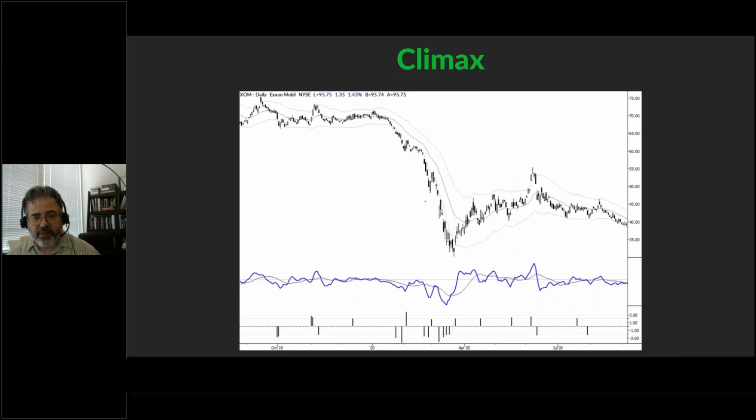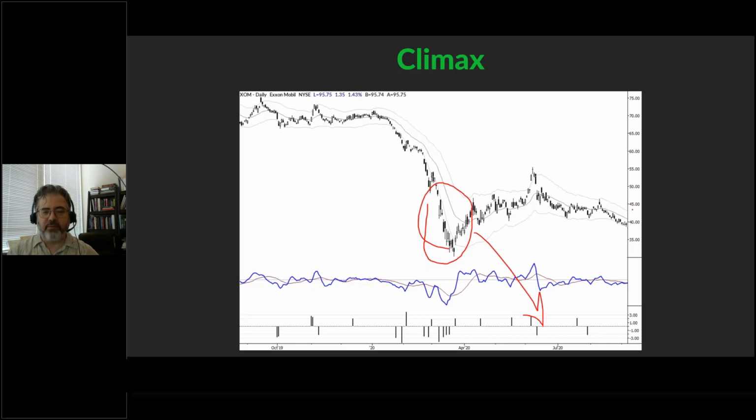Here's another example of climax. Look at all the free bars. Look at the number of free bars that were completely under the channels. Look how much larger these bars are than what was typical before the decline. And the point here is that, if you lived through this time, you might have thought that everything here was going effectively to zero. And there was definitely very, very good reason to be bearish, but all of this type of climactic move was